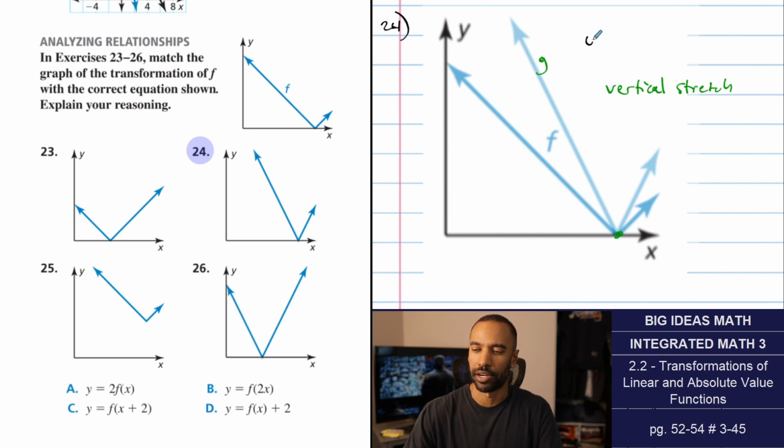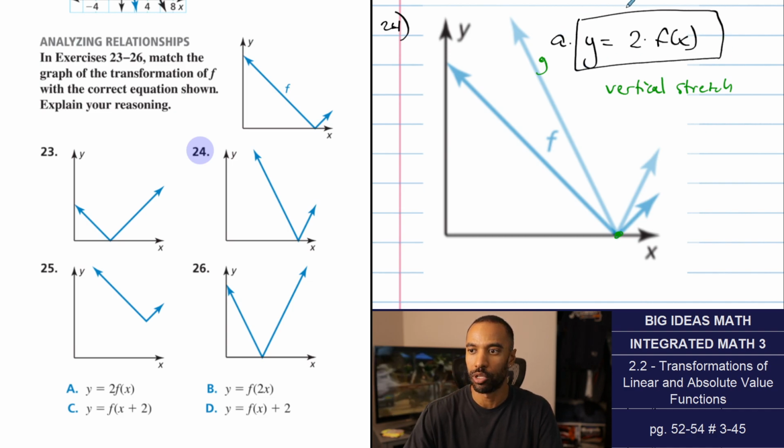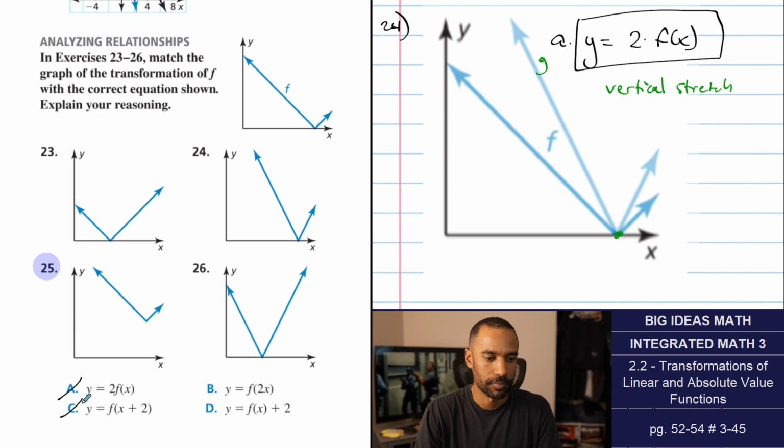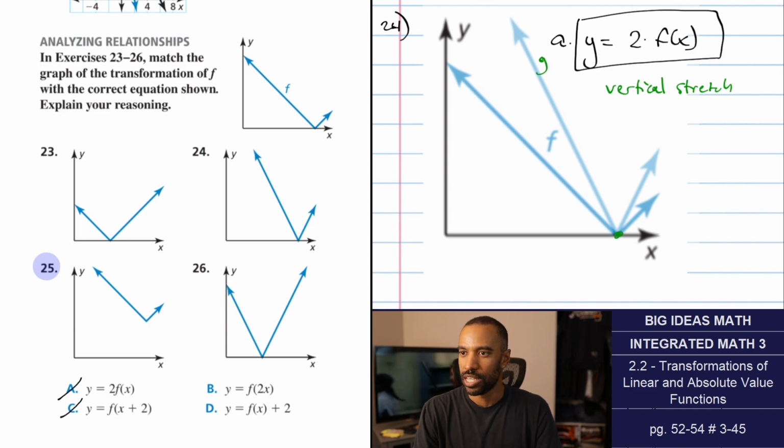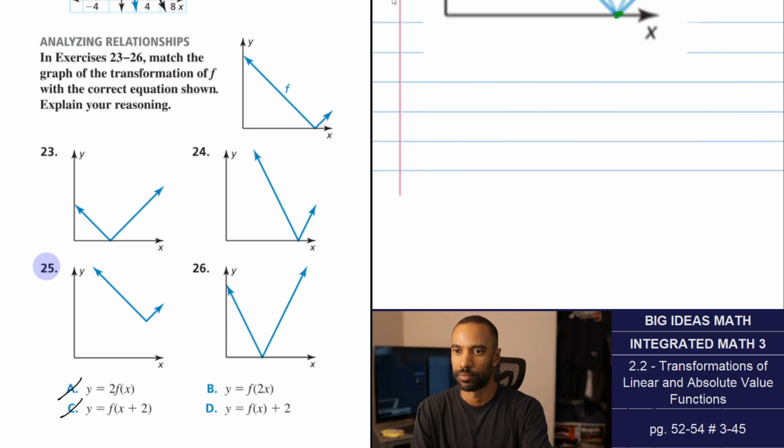So the answer here, option A, is y equals 2 times f of x. Apparently everything's doubled. I didn't know everything was doubled, but that's the only option that's possible. All right, let's go to number 25. By the way, we can now take out A and C. Either B or D is left. So on number 25,